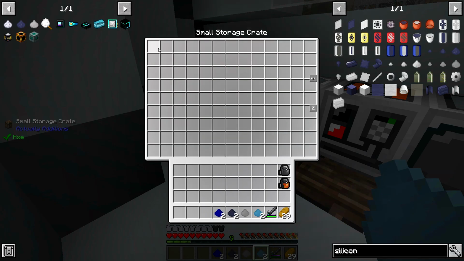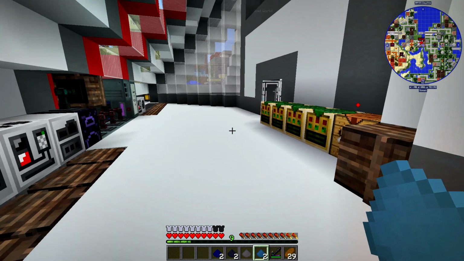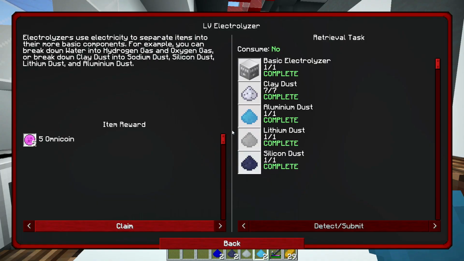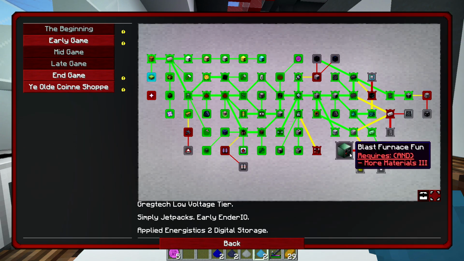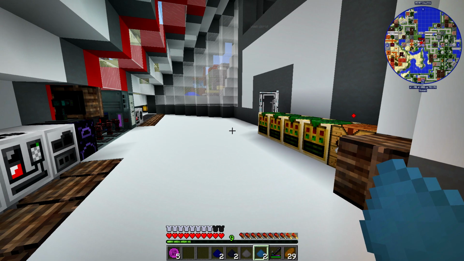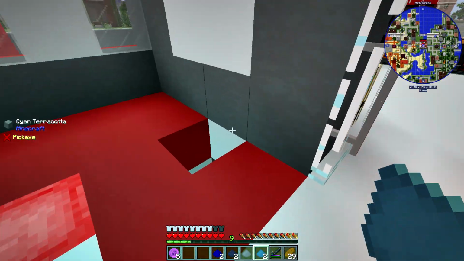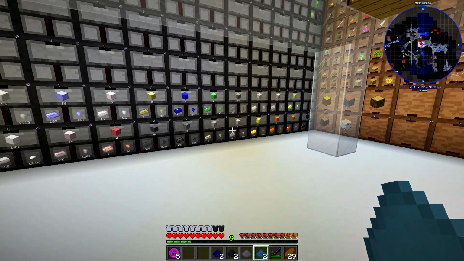Oh, this is quite an amount. So we have aluminium, lithium, silicon, and sodium. Thank you very much. That's cleared. Okay, so, ooh, we're getting to the blast furnace. That's where I wanted to go. Lovely, lovely. So now we need this. We need 1 electrical steel ingot. And I don't know how you make that, and I could have probably read that, but to be honest,